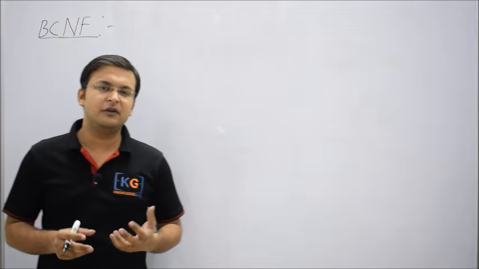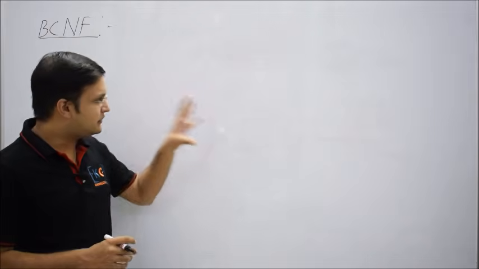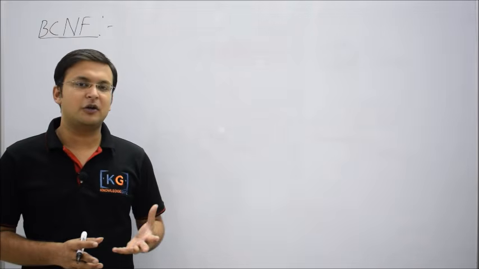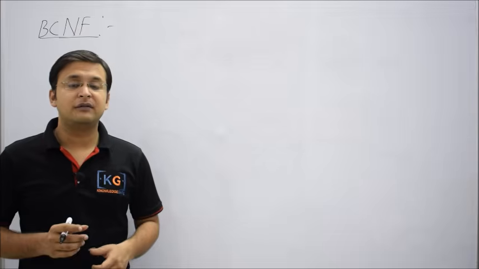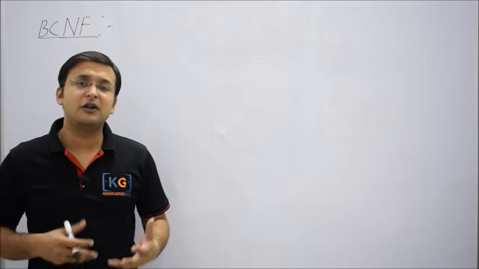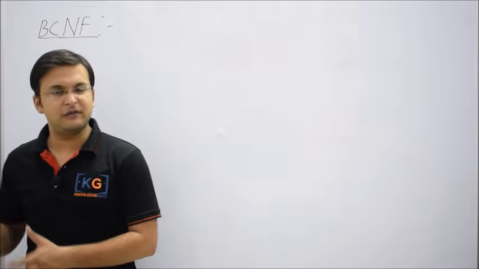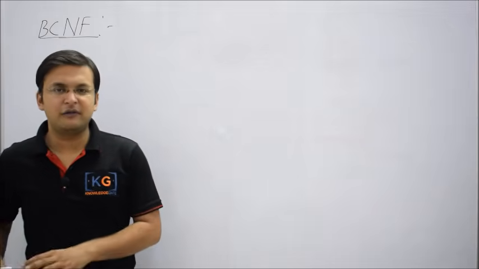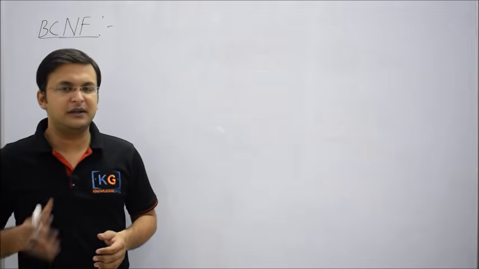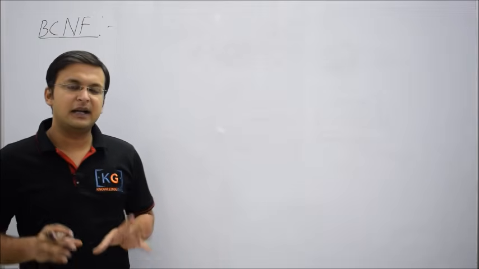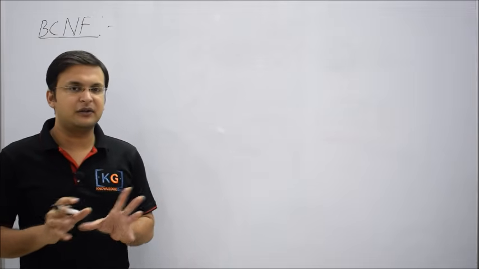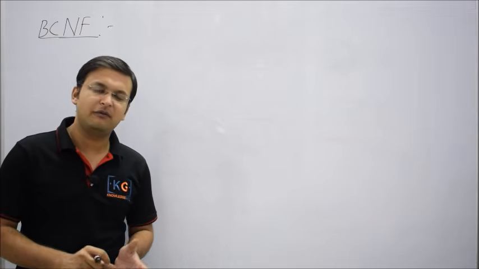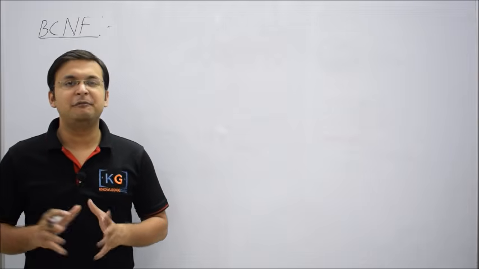So in the next video we'll try that question, that consider a relational table and identify the normal form. And one more logic, that if a table is not in the desired normal form, then how to decompose it to that normal form. So identification and decomposition to the desired normal form I'll upload in the next videos. In this video again I'll give the basic idea and we'll discuss what is the problem with third normal form because of which you switch to what? BCNF.